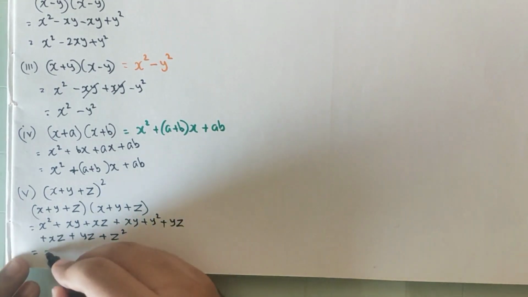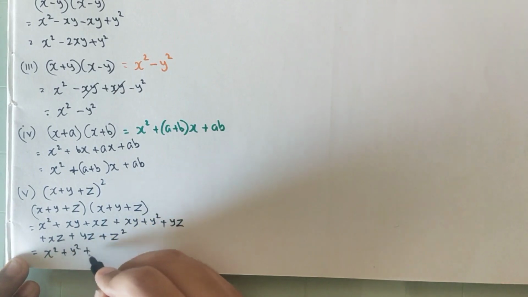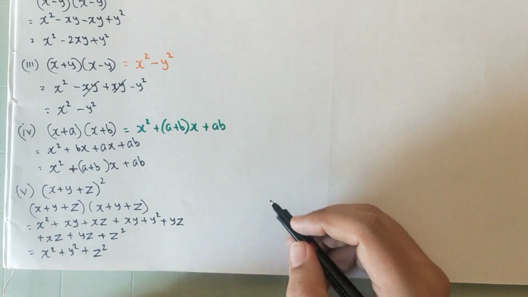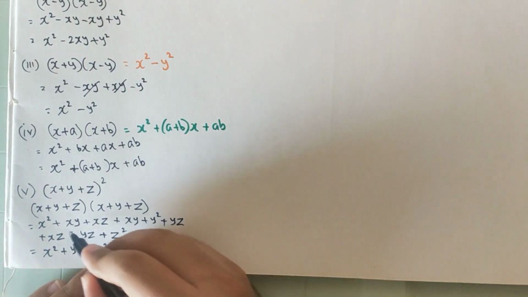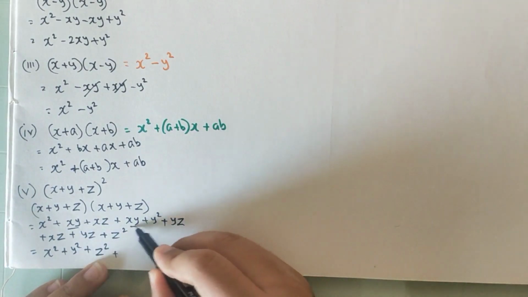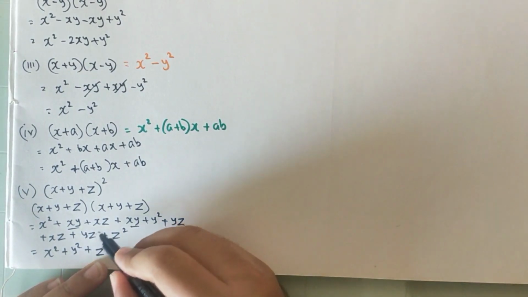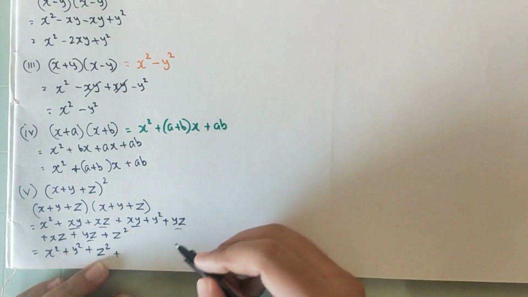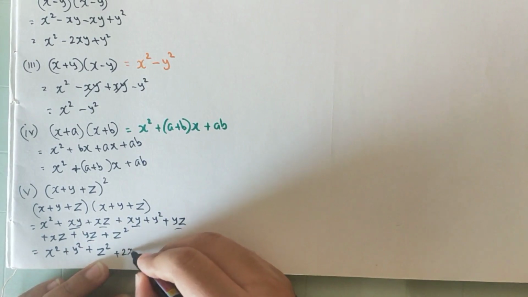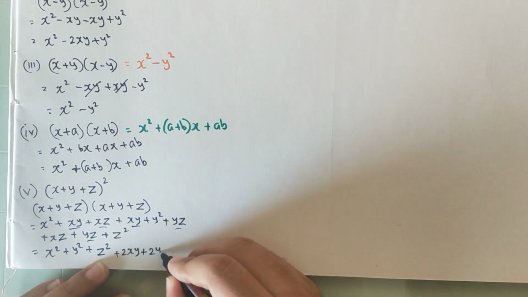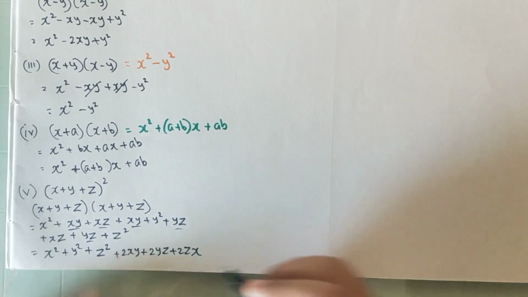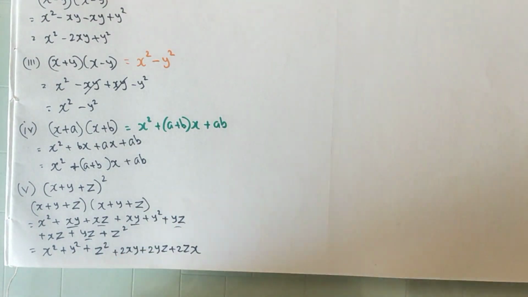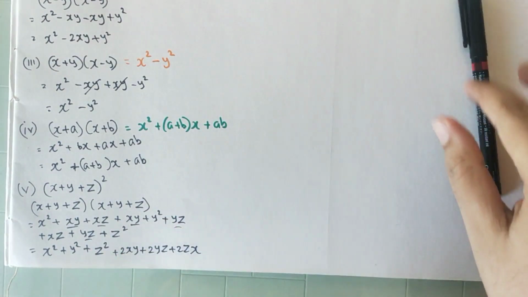If you can see, x square plus y square plus z square, these 3 were unlike terms, so I have written them as they are. Now if you focus, xy and xy, there are 2 xy. yz and yz, there are 2 yz. And xz and xz, there are 2 xz. So 2xy, 2yz, 2zx. So this is the final answer to the identity: x square plus y square plus z square plus 2xy plus 2yz